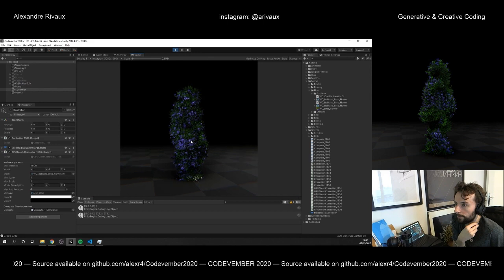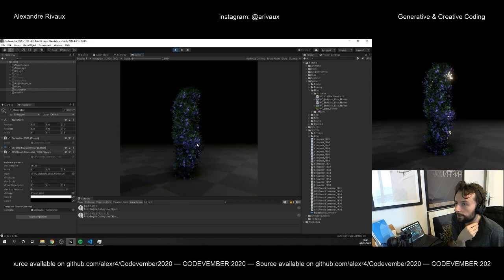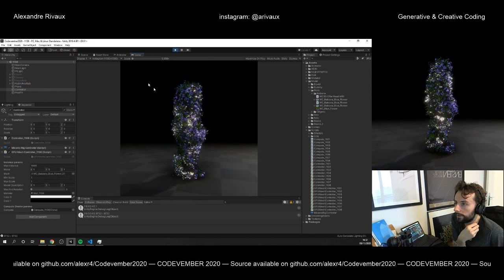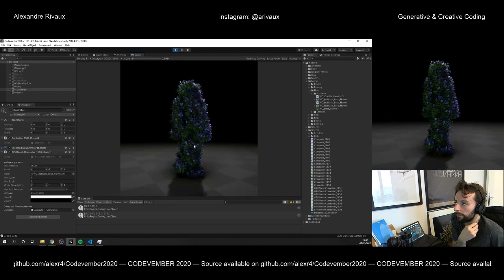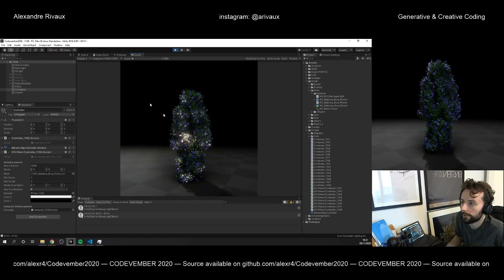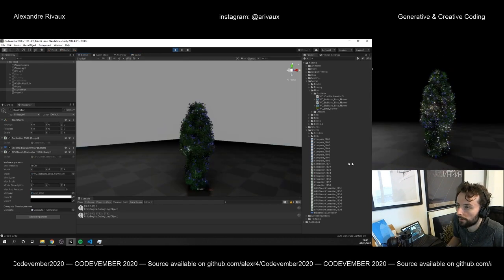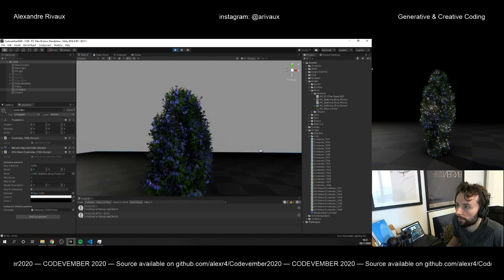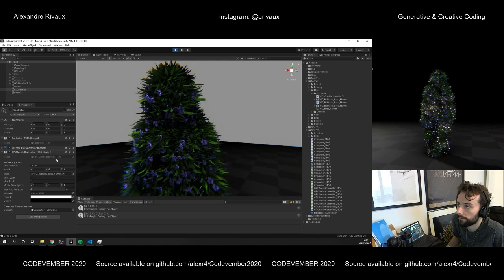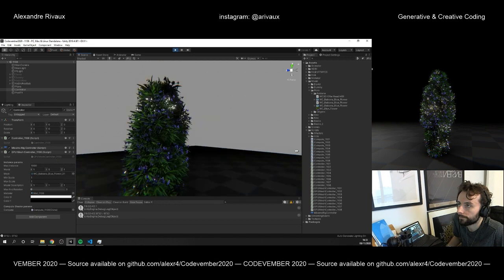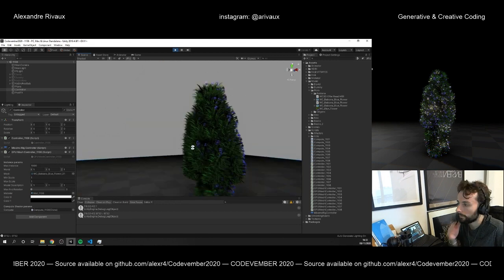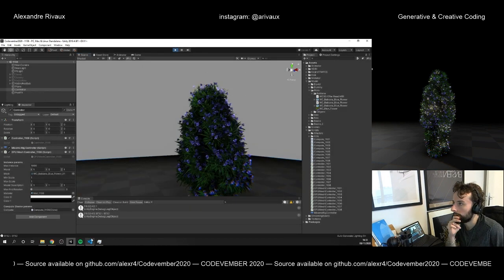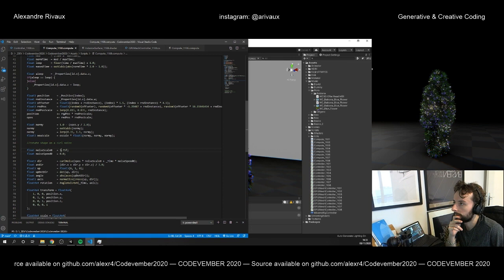So this is more interesting now. We have some randomness, I think it's quite interesting. Or we can put some random here. So the random pose, I have an offset here,